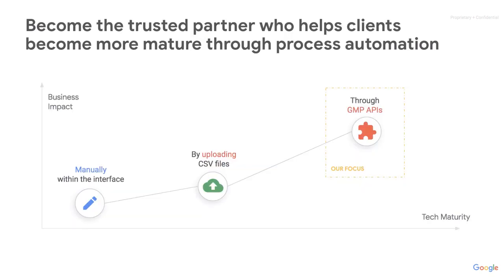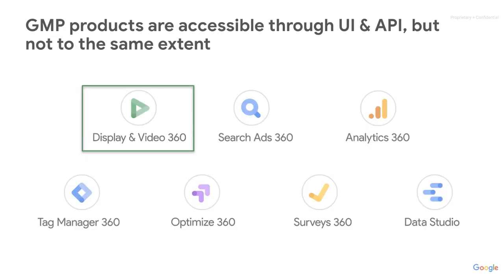We are here just to show you and to let you think about automated solutions, and here is just the trend line. We want to go further with you on the tech maturity line. So starting from what you have done in the past, working manually on the interface and then uploading files like CSV, we want to bring you to using APIs, so automated solutions that will help you to save time and improve your workflow. Today we are going to focus mainly on Display and Video 360 APIs,